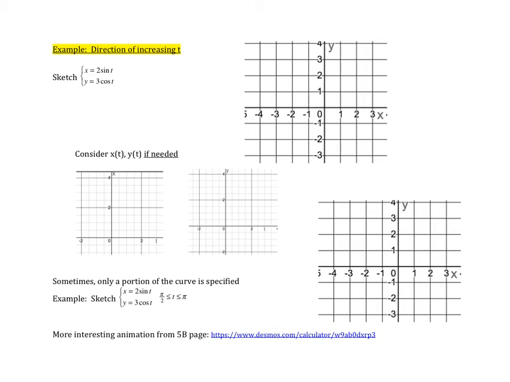Here's another example that addresses not only the direction of increasing t, but also the idea of using sine and cosine to eliminate the parameter. So in this case, I have these coefficients. So just squaring these is not going to help. I would get 4 sine squared and 9 cosine squared, which does not give me 1. But if I were to isolate the sine and isolate the cosine, and now square both sides,